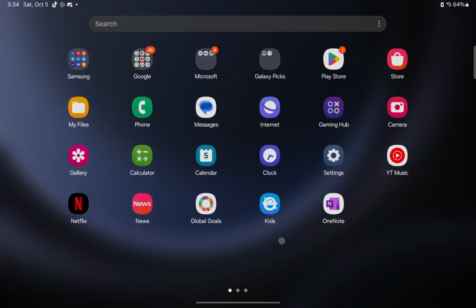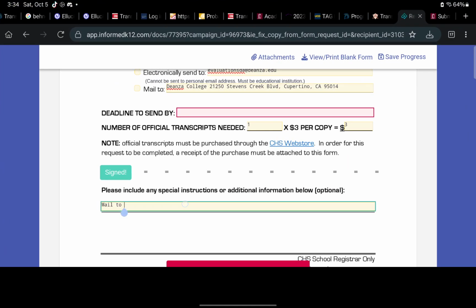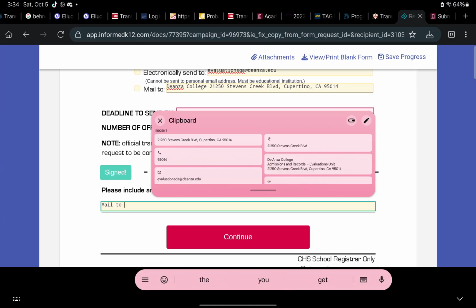I already had a copy. Hold on, give me 1 second. I already had a copy here. I'll just do that. Mail to, and don't do this on the tablet. Admissions and